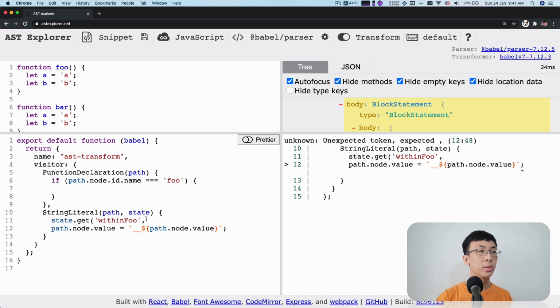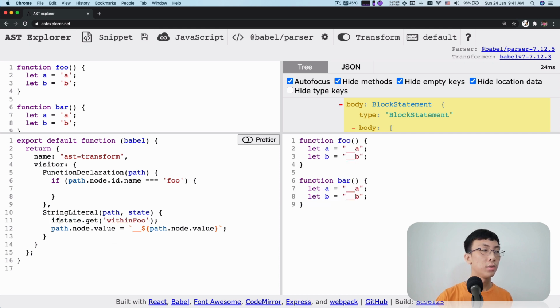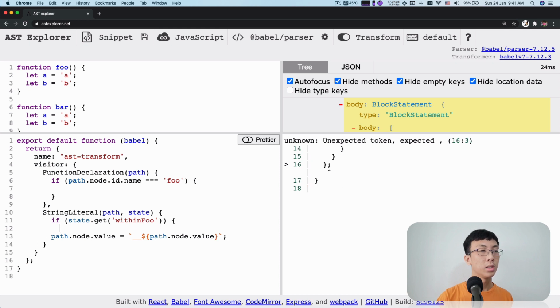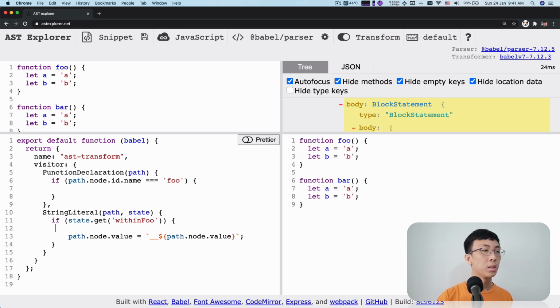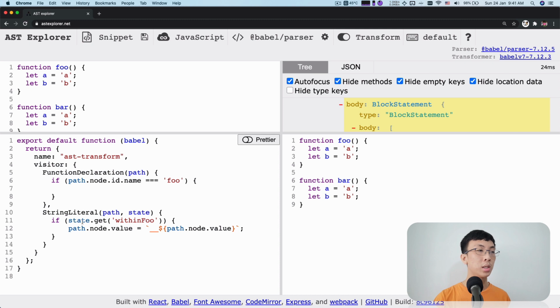So here I'm just going to call it within foo. I'm going to say if this is something, then I'm going to do the transformation. Right now this state has nothing, right? I'm going to check whether it is a truthy value. Shorthand, if this value is truthy, then I'm going to replace it. But now we haven't set the state, so all of them are